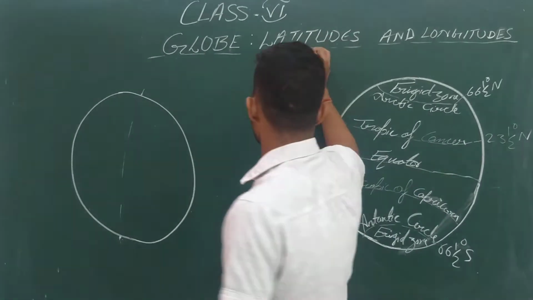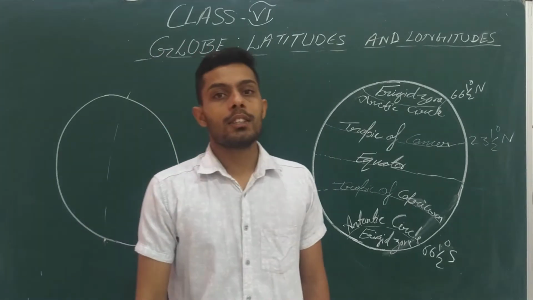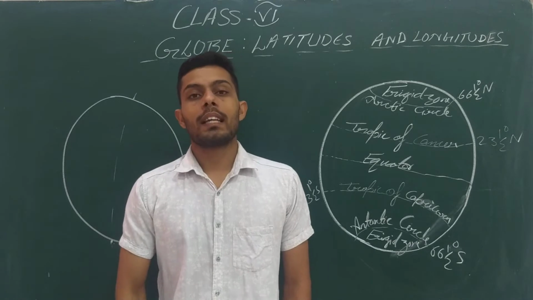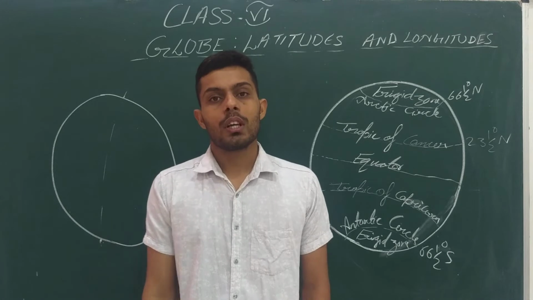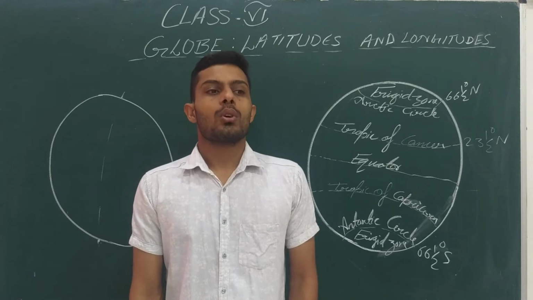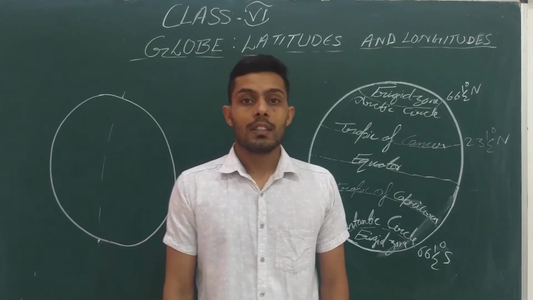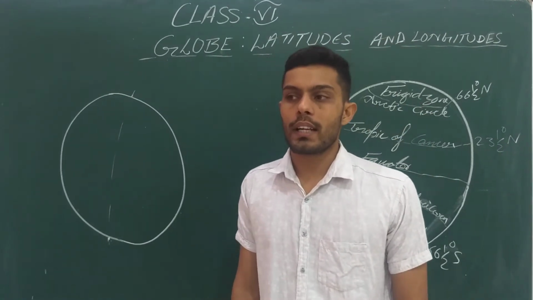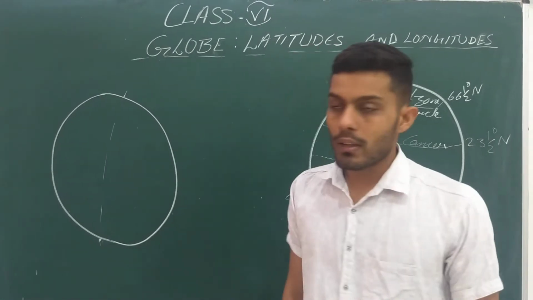To locate any point on the globe, first we come to know what latitude and longitude mean. We require these 2 necessary things: an intersection point where the lines are crossing. For that we use the terms latitudes and longitudes. Got it, beta? These are the 2 kinds of lines, and their intersection point is where we can locate any of our points.